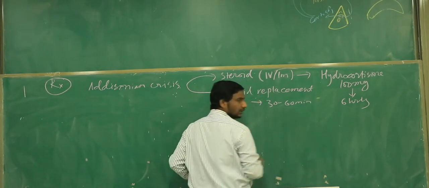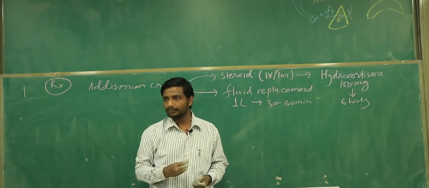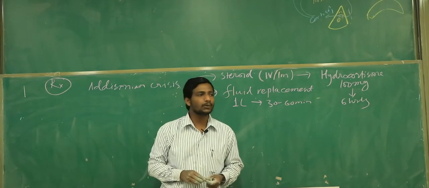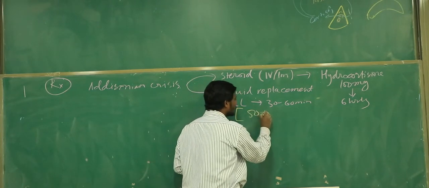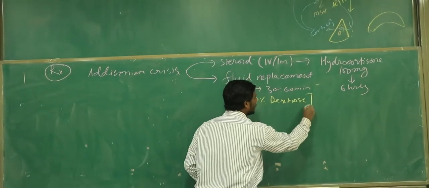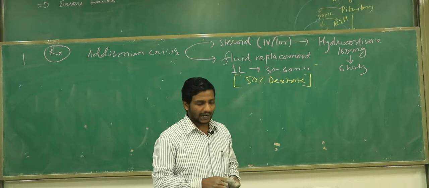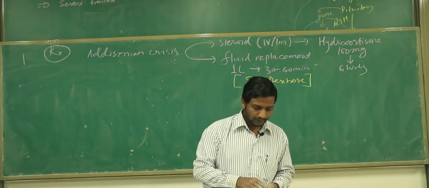And of course, don't forget, if the patient of the adrenal crisis is also coming to you with hypoglycemia, is it possible or not? Yes, an adrenal crisis patient can come to you with hypoglycemia. In that kind of situation we can add 50% dextrose. So along with the fluid therapy, we will also be giving glucose therapy for the hypoglycemia. We can add the 50% dextrose. Right? Okay. Now go further.